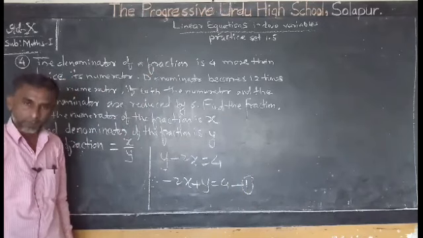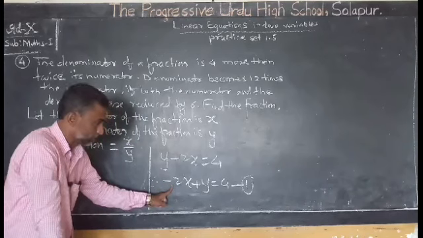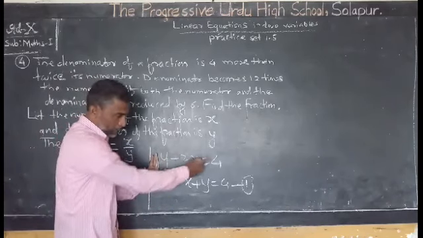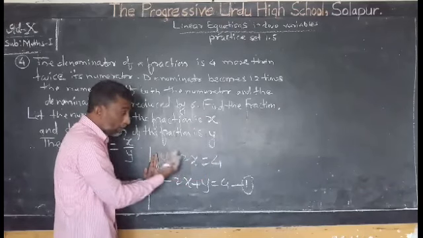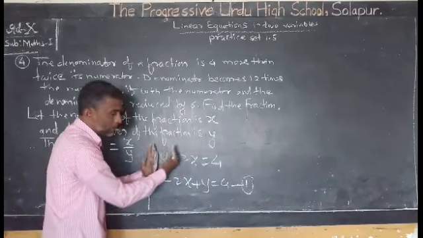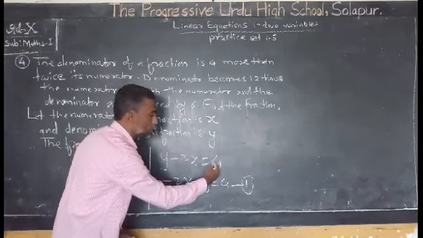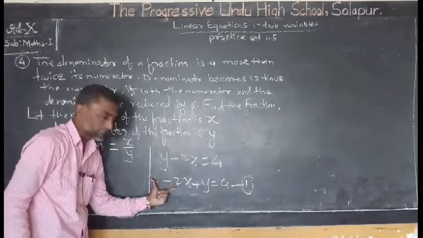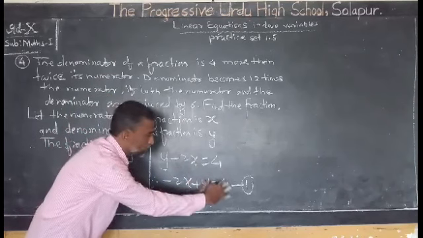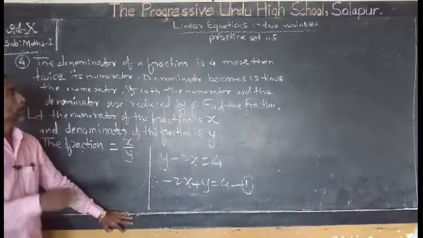Using the first information, I have made the first linear equation. The denominator of a fraction is 4 more. It is greater by 4. By whom? By twice the numerator 2x. Therefore, y minus 2x, we should subtract. Y minus 2x is equal to 4. I have written it like this: first minus 2x plus y is equal to 4. This is equation number 1. Now, again read.